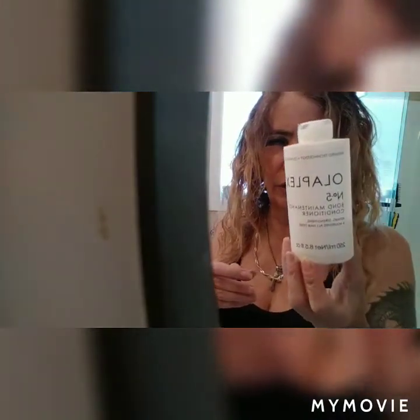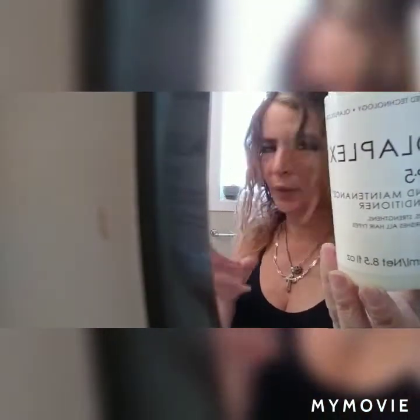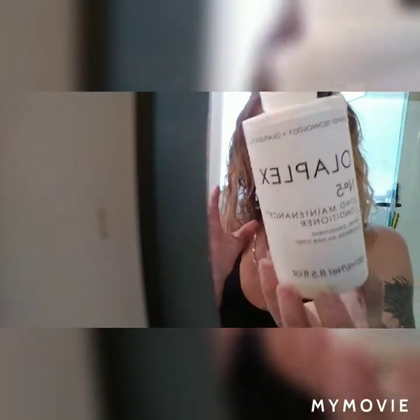So number 3 is very important. If you have any type of Olaplex oil, as you can see, I used the whole bottle. Now, I don't recommend this if you have curly hair. I only recommend it if you're doing any treatment. I recommend to use it before, not after. And of course, then I finish it by sealing it with the conditioner. This is not the leave-in conditioner. I usually have the other leave-in conditioner from Olaplex, but this time I used just a regular conditioner, really heavy. After my hair was soaked with the spray, with applying this,